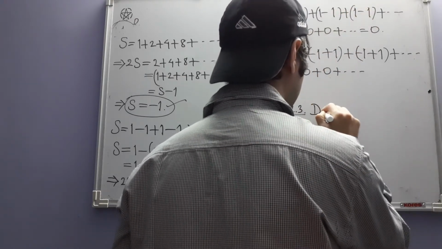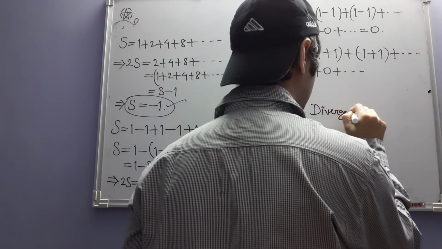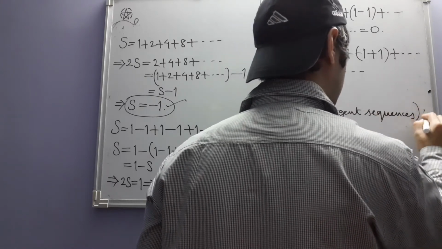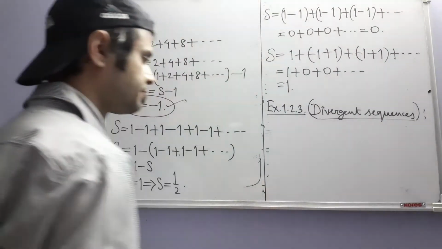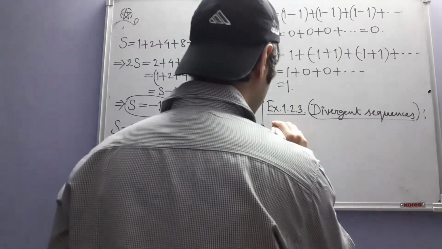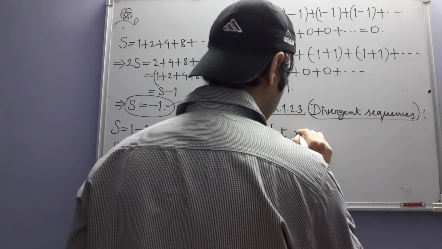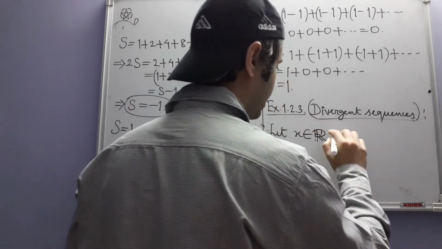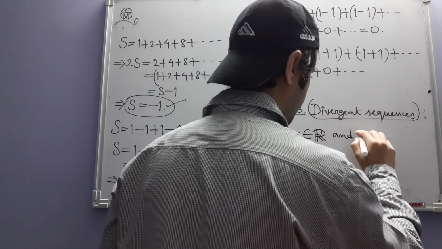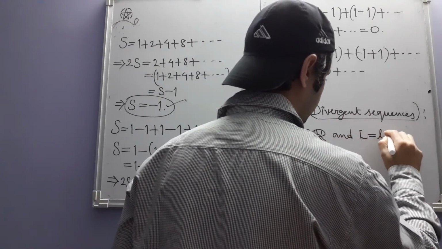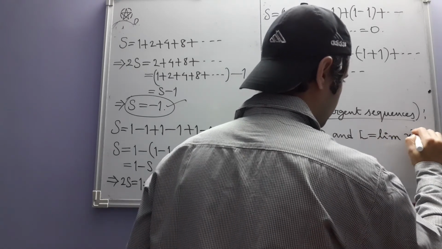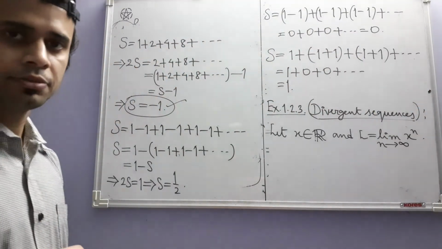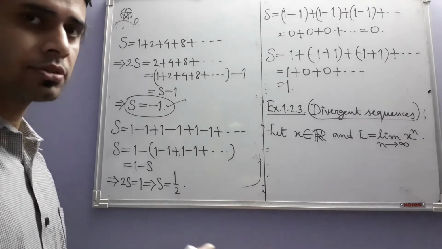Divergent sequences. Okay, divergent sequences. So let x be a real number and L be this limit. x to the power n is a sequence. As n changes, n of course changes from